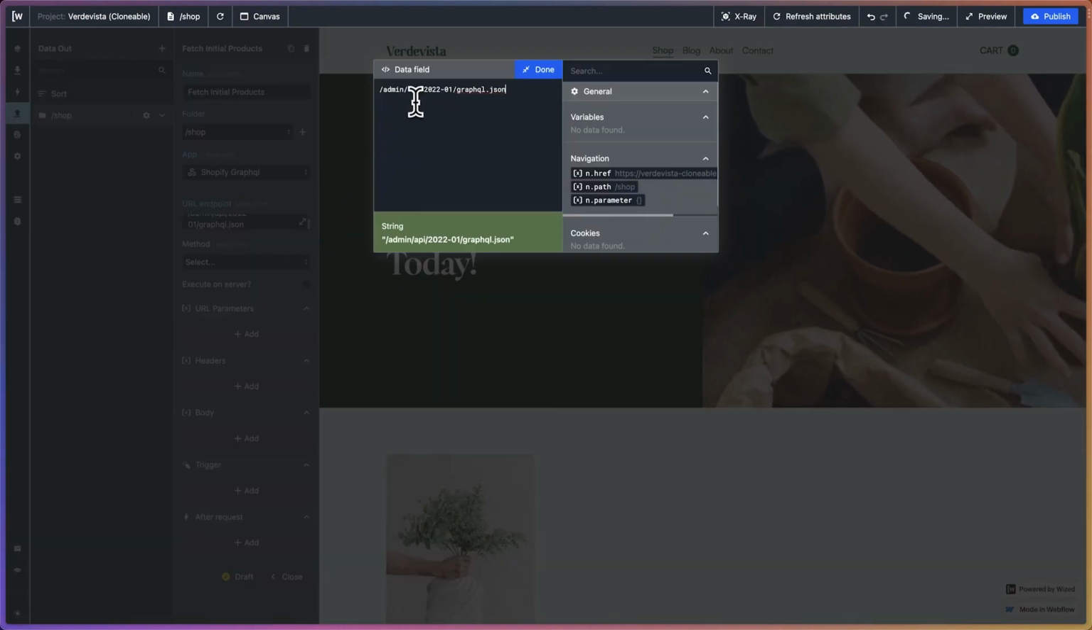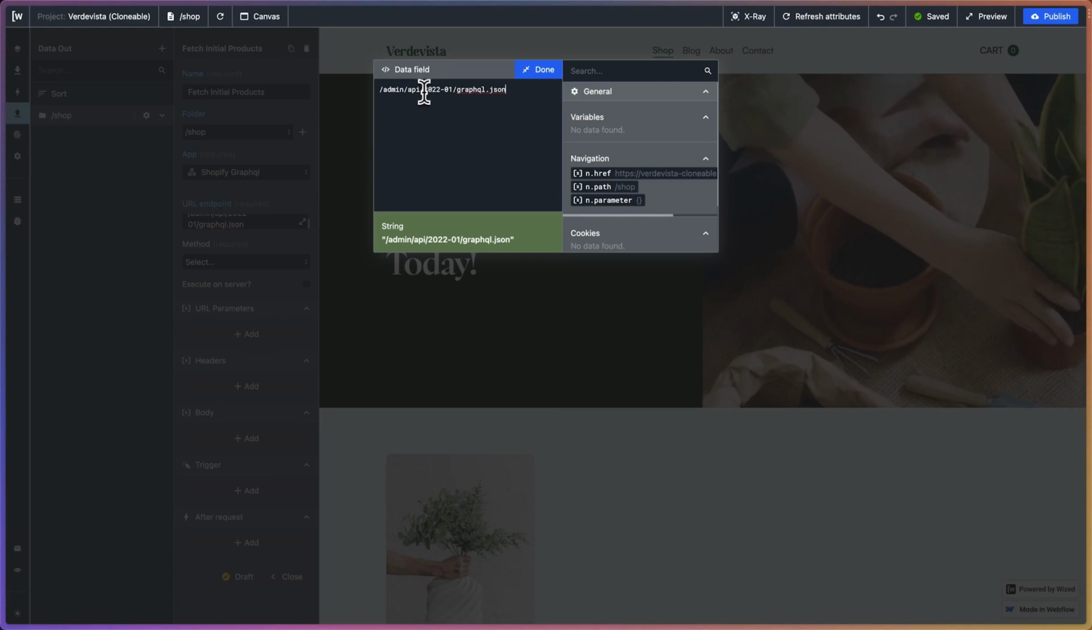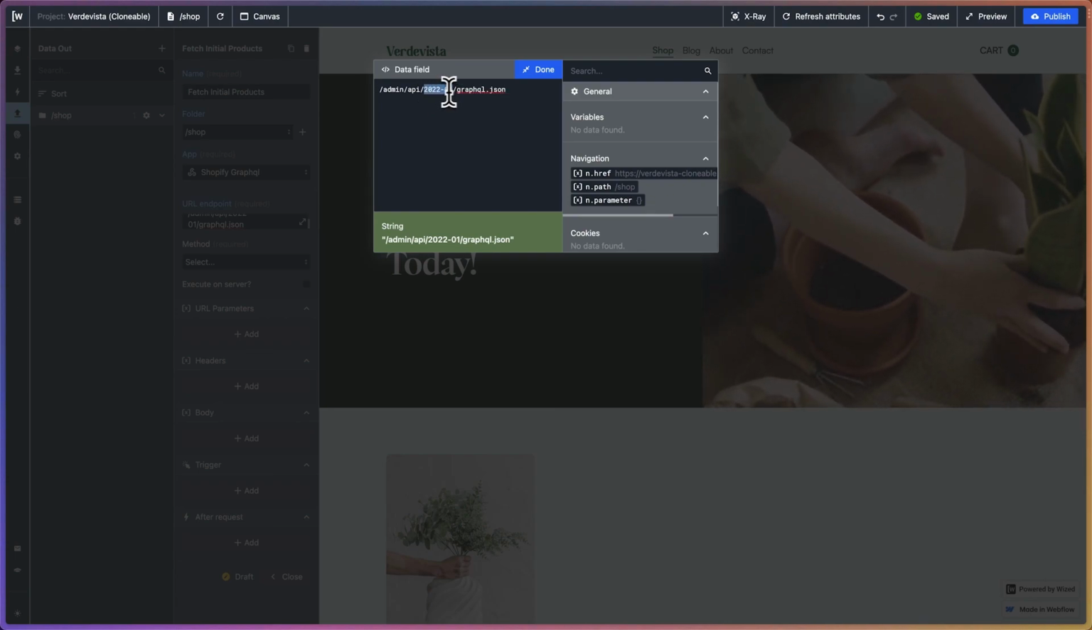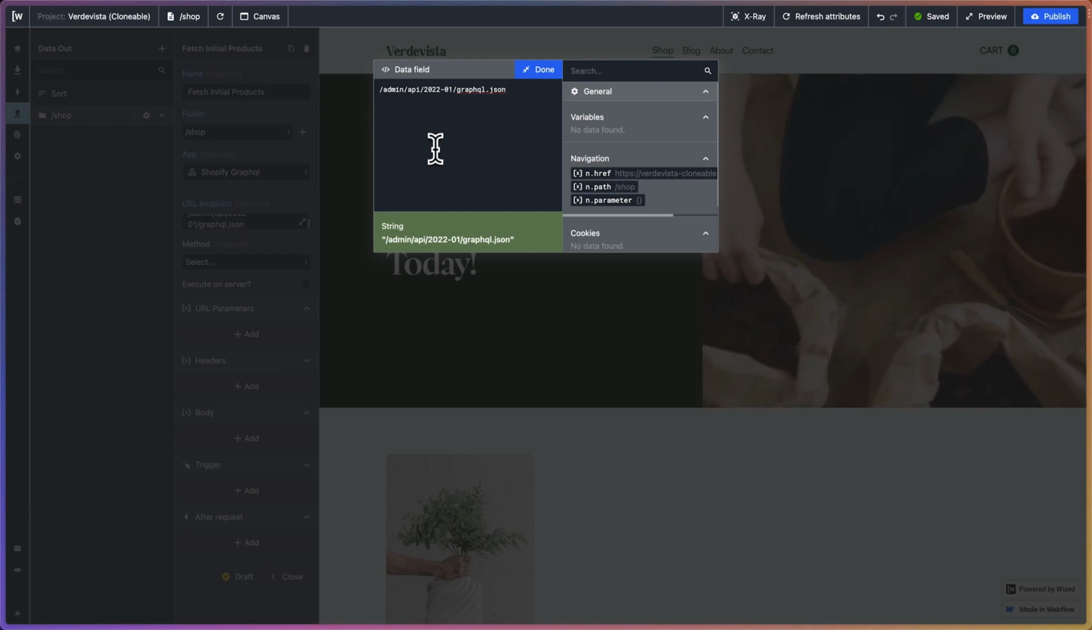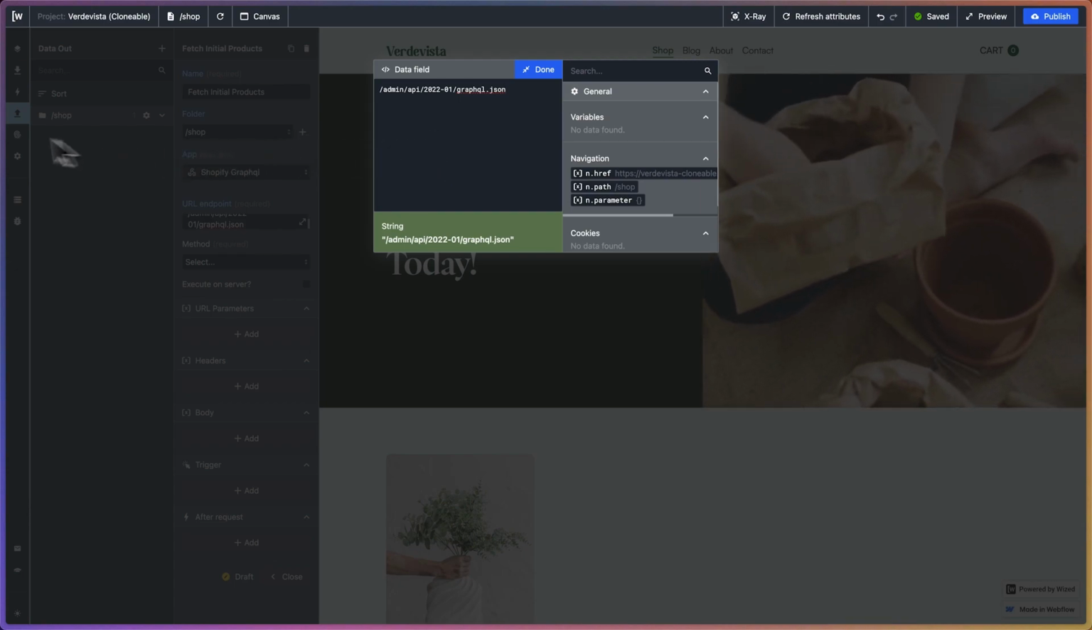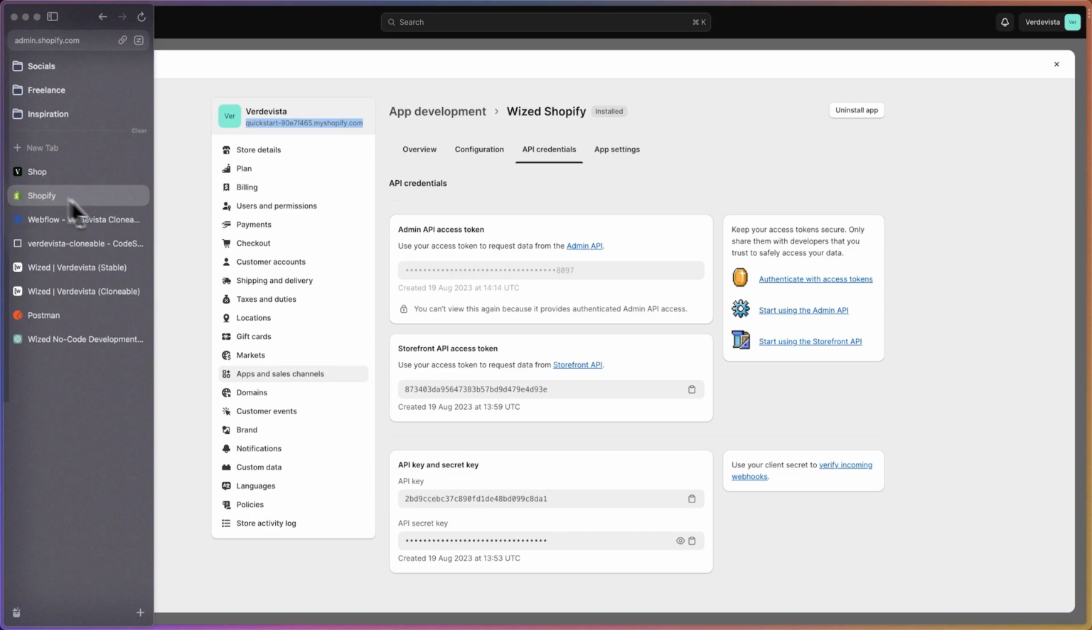Okay, now another thing that I wanted to address here is that the version here is 2022-01. So in order to grab the recent and the correct version, what you can do is head over to Shopify